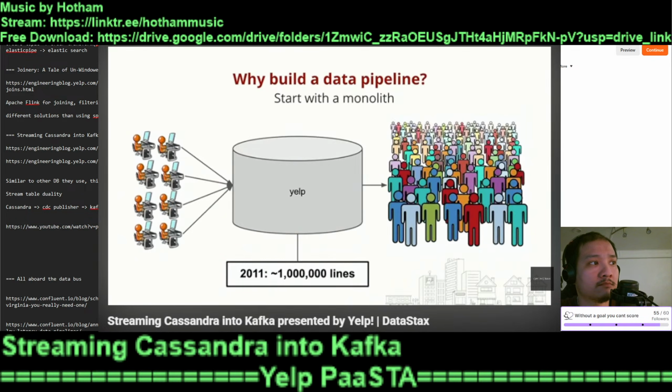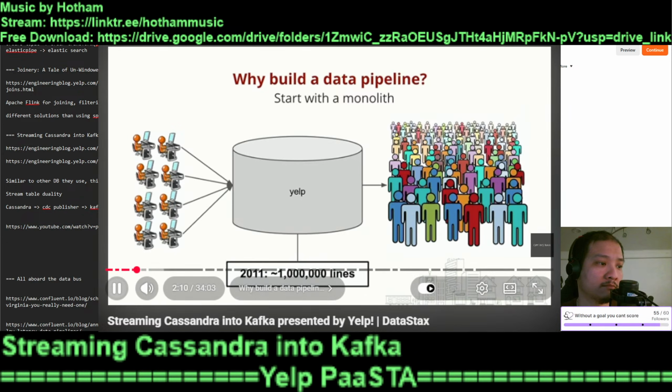A little history about Yelp. At about 2011, Yelp was a single code base repository. There were less than 100 engineers at Yelp, and all of them were working off of the same repository, which contained about 1 million lines of code. You can imagine this quickly became a problem because we were restricted by the amount of new features that we could push out to our customers. Yelp at the time only had 2